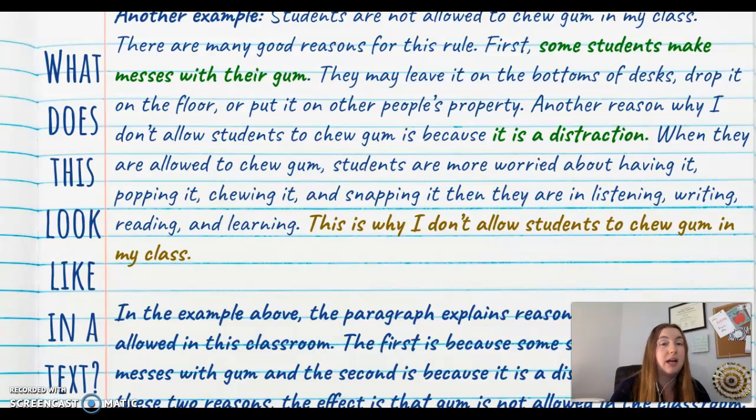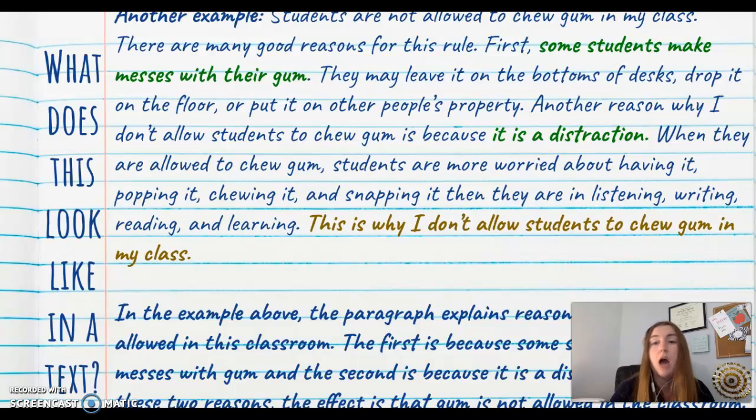And they're actually writing about the rule of why this came into being. So why did this rule come into play? Students are not allowed to chew gum in my class. There are many good reasons for this rule. First, some students make messes with their gum. They may leave it in the bottom of their desks, drop it on the floor, or put it in other